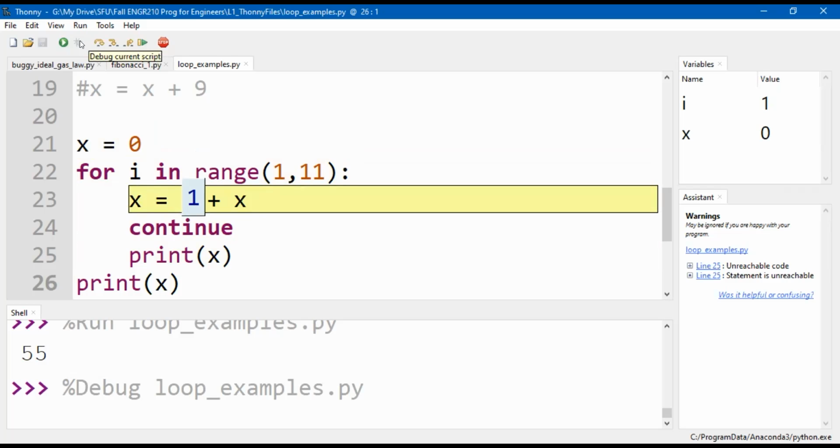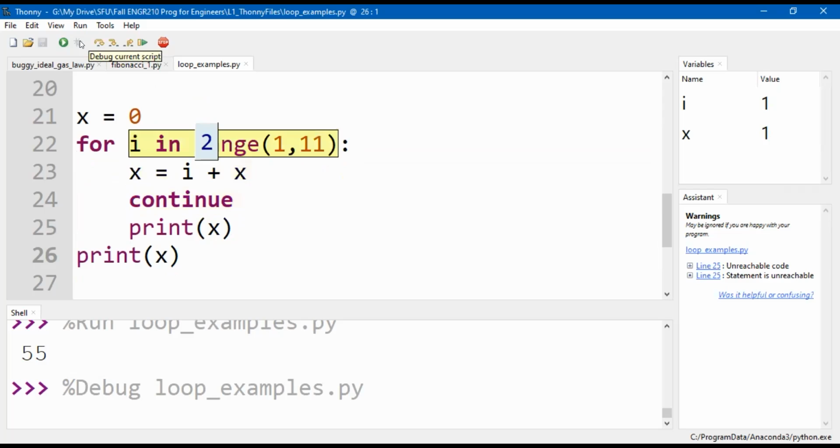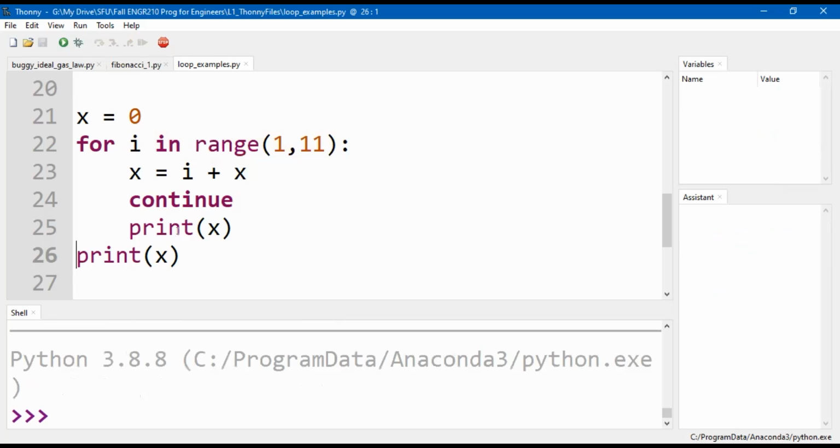Instead of finishing the loop, it's just going to skip back up to the top. So the continue command skips everything else in the loop and goes on to the next iteration. In its present context, it makes no sense for me to have that print statement there.